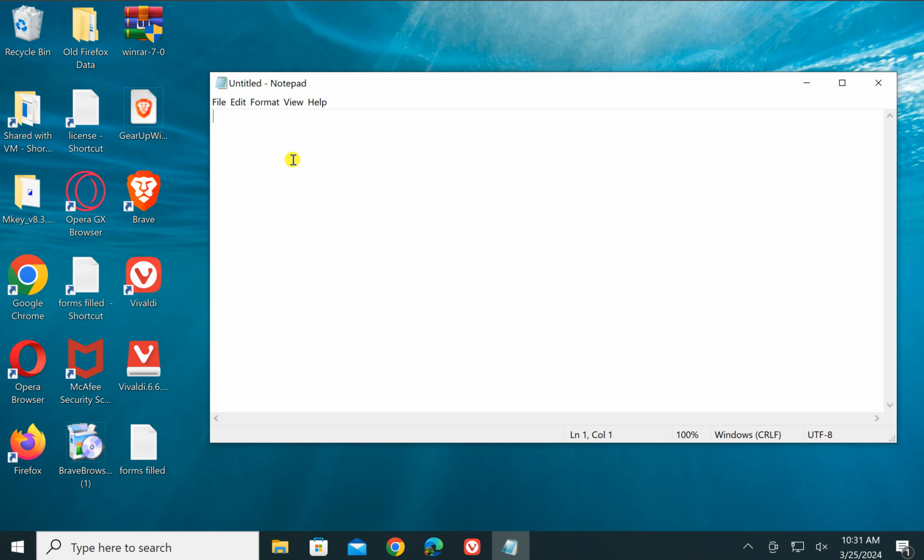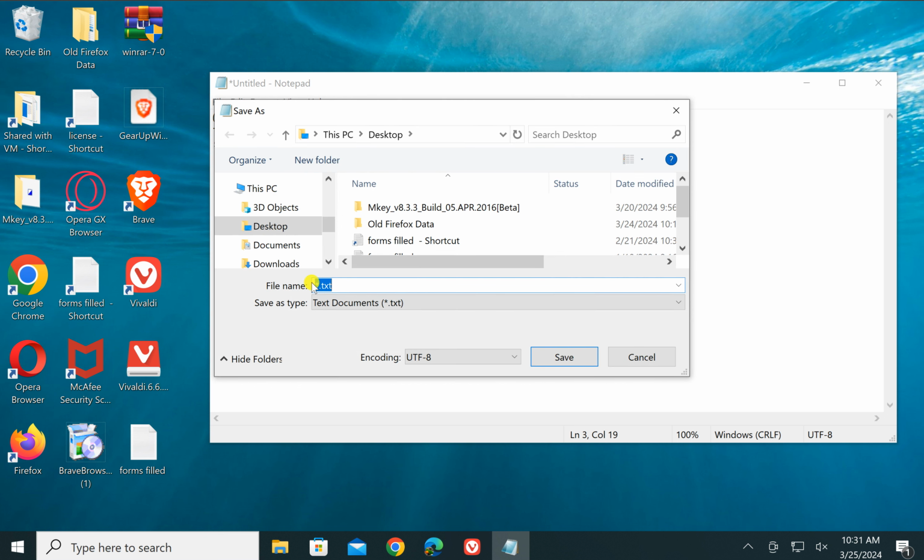In the Notepad window, copy and paste the commands that you will find in this video description. Then click on the File menu and in the drop down menu select the Save As option. Beside file name type File Explorer Restart